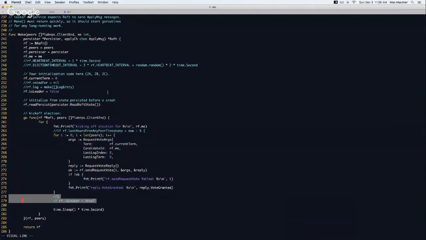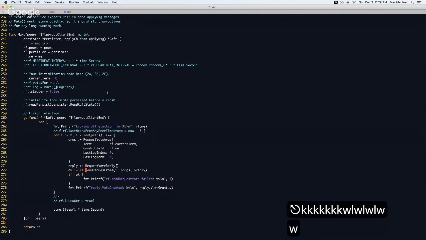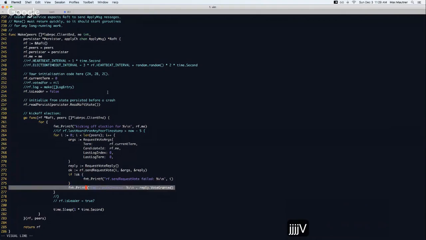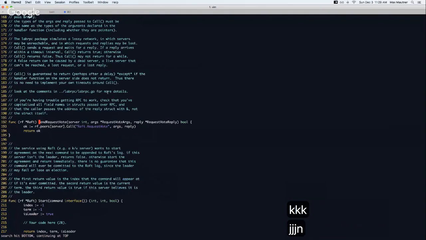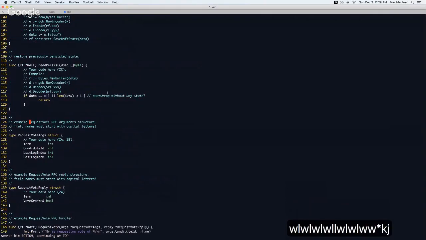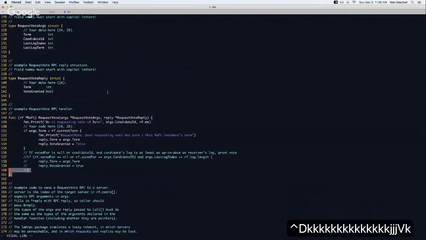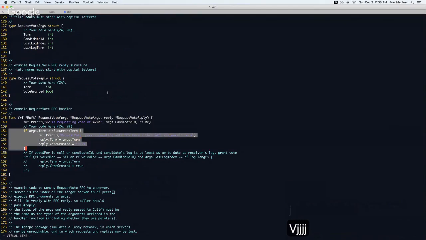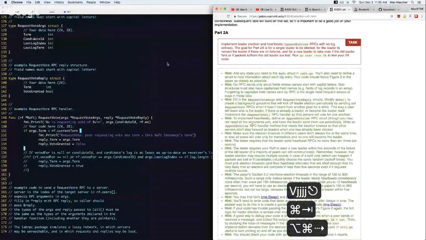Okay. So when it comes to handling, let's just try and get the votes. We're trying to print the vote results for a given election. But yeah, we were looking at the request vote RPC handler, and we definitely haven't finished implementing that. So we're printing that an election is happening, that a given Raft instance is requesting the other Raft instances to vote. And then we're just doing the simple check from the paper, which is